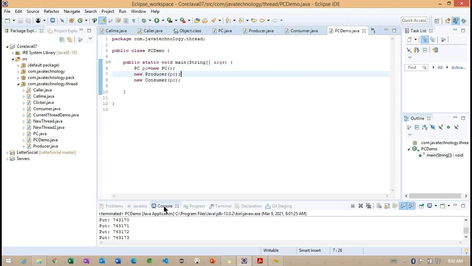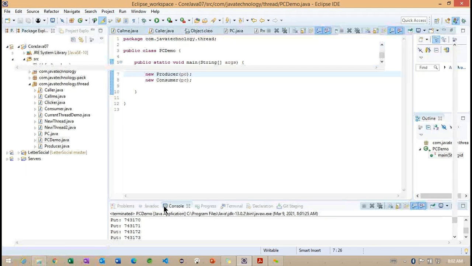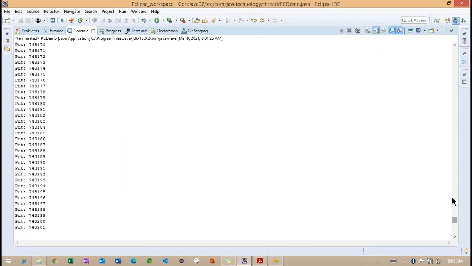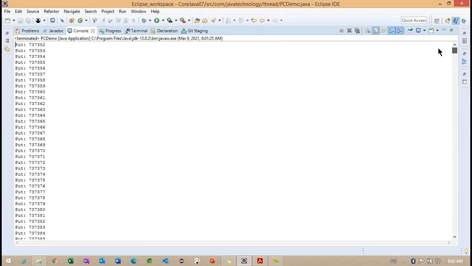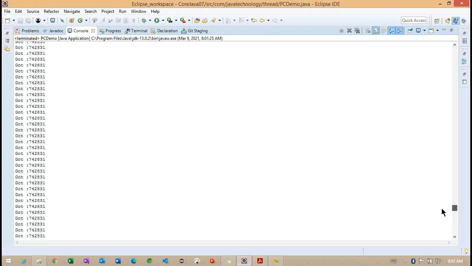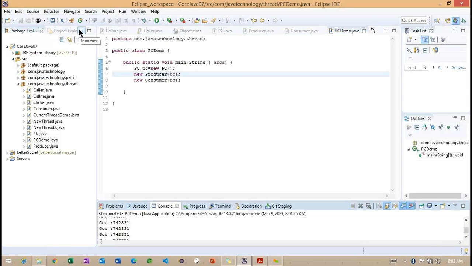The put method is trying to put the value. In the same way, the get method is trying to load the value. Basically, we don't have any condition here, and because of this, it's not yet stopping here.